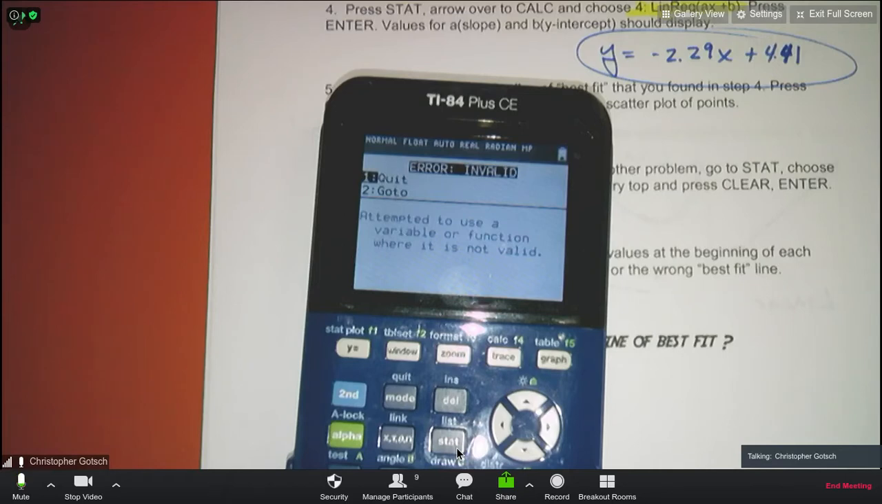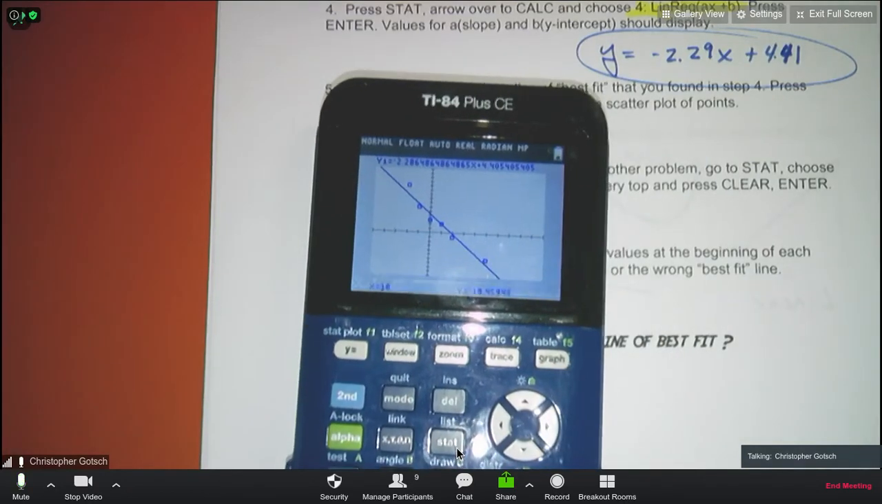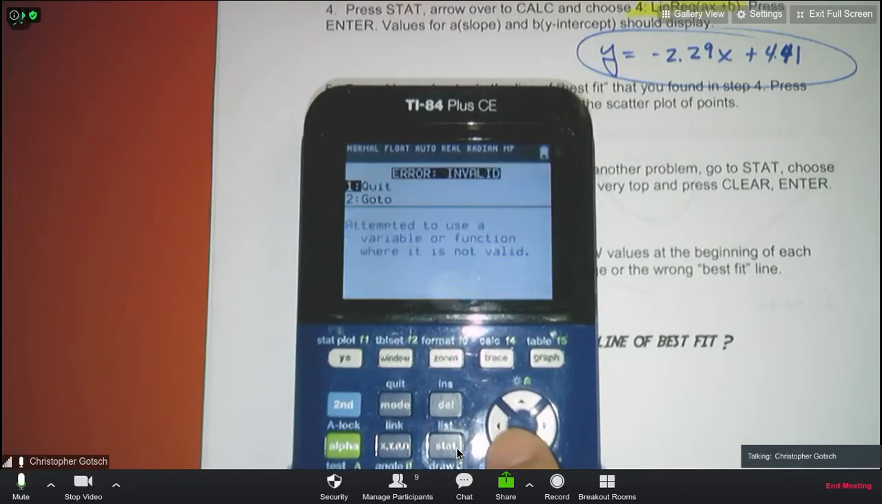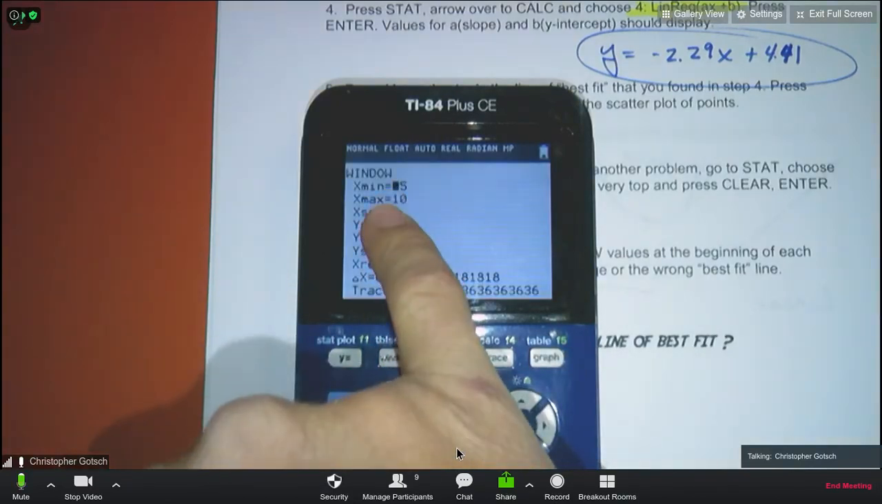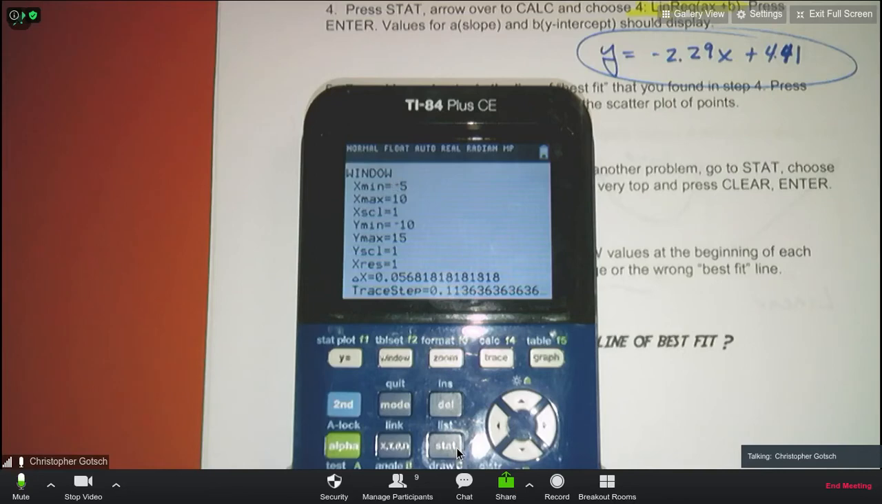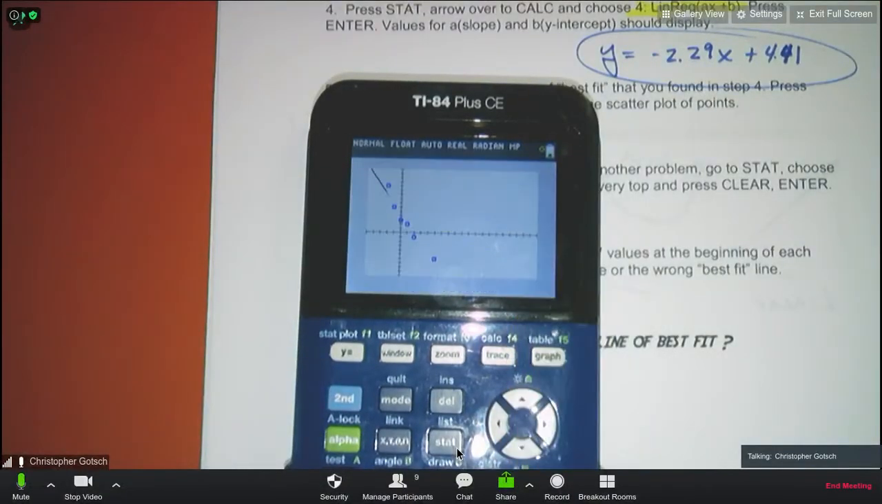Error message. Why the heck did I get an error message? I could do 10, but I can't do 11. Why? That's my border, that's my max. If I look at my window, I can do 10, but I can't do 10.1. I get an error. It maxes out at 10, so you can't punch any numbers after 10 or to the left of negative 5. So if you want to plug in 11 or 12 or 13, you've got to make sure this window is big enough. If I go up to 20 and now I regraph it,